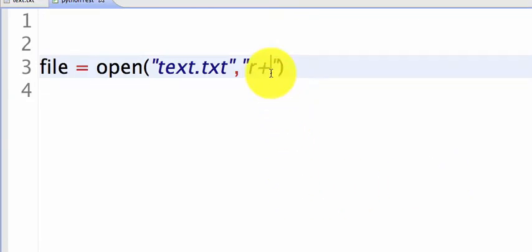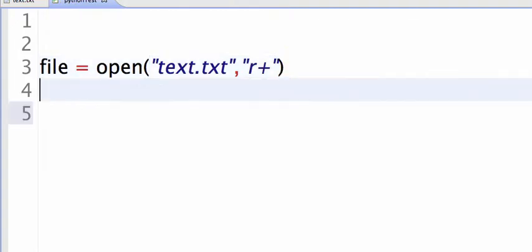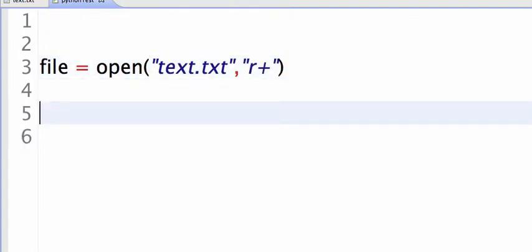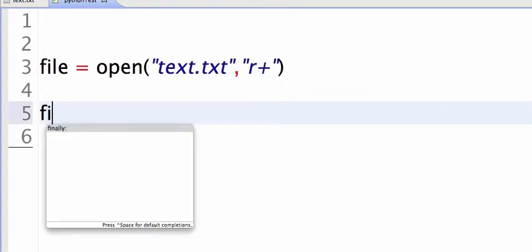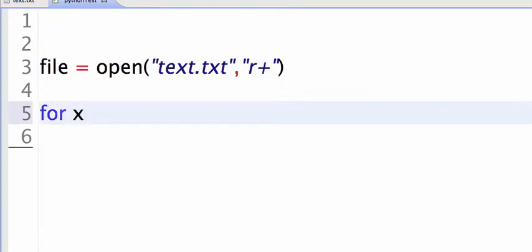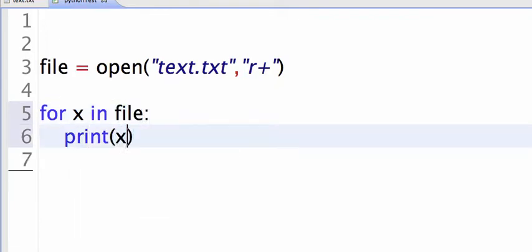The R+, just to be crystal clear, stands for the fact that you can read and write to the file. Nothing more, nothing different. Now that I've opened the file, I'm going to loop through the file. So I'm going to do for x in file: print x. And so when I run this,